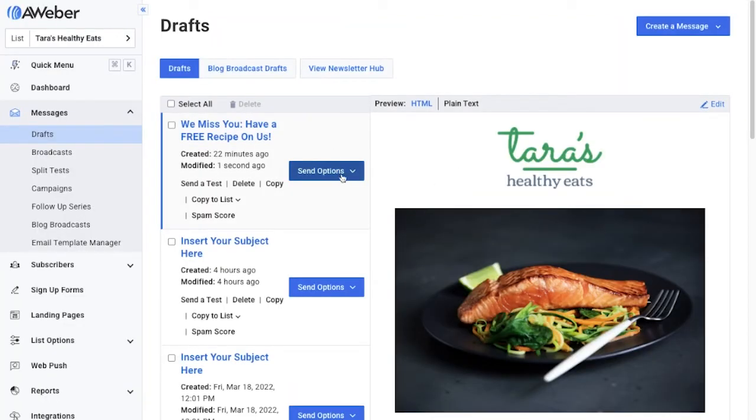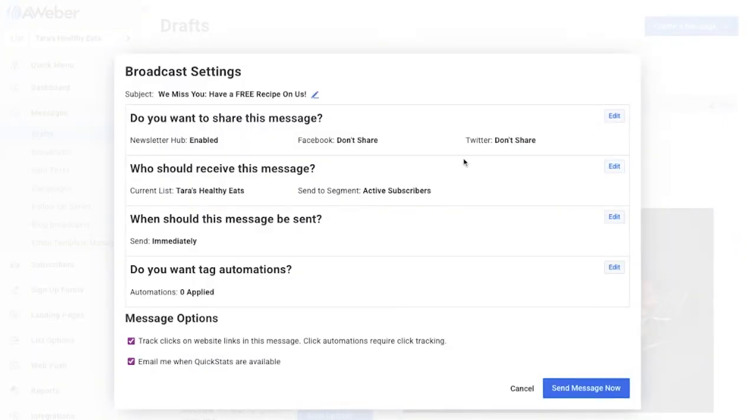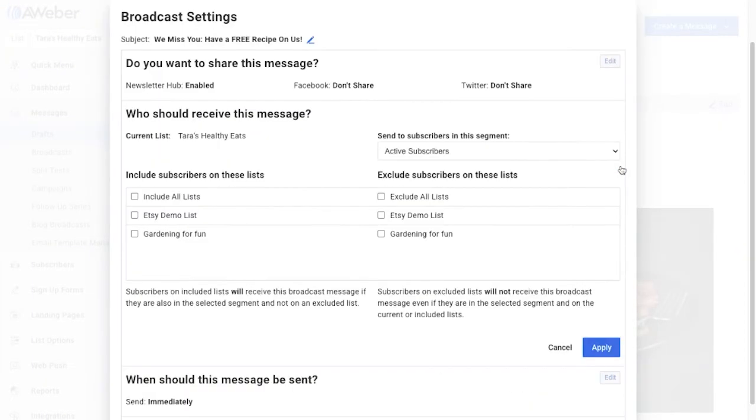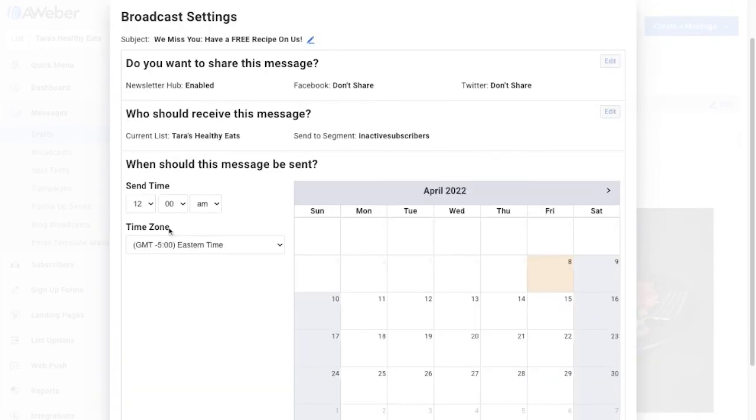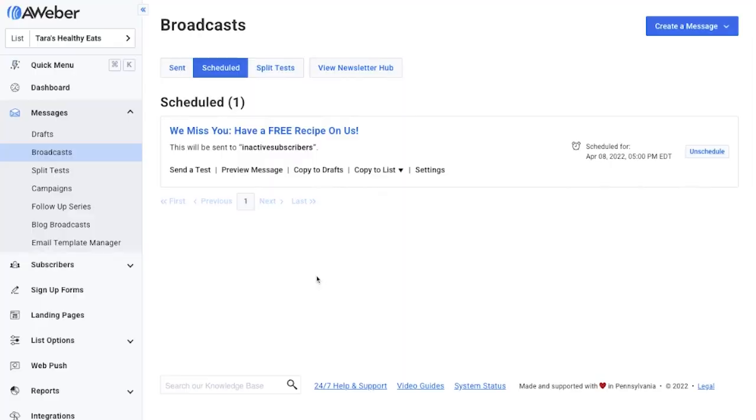And when we're ready to send our broadcast, we're going to schedule the broadcast to our inactive subscriber segment. So we'll come in here and go ahead and choose that inactive subscriber segment. And then we'll go ahead and schedule out our message for the time we would like to send it out. You can also send it immediately if you'd like. Here is our message scheduled to our inactive subscribers, and it will only send to the subscribers in that inactive